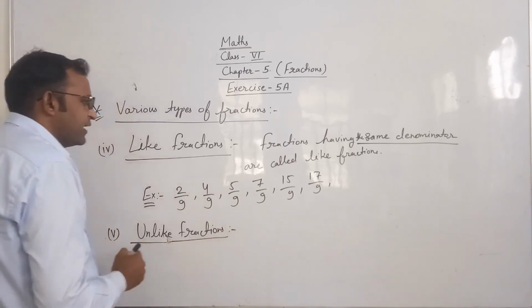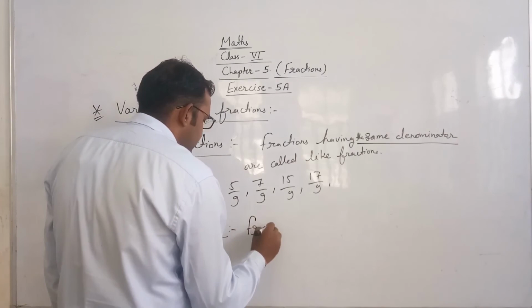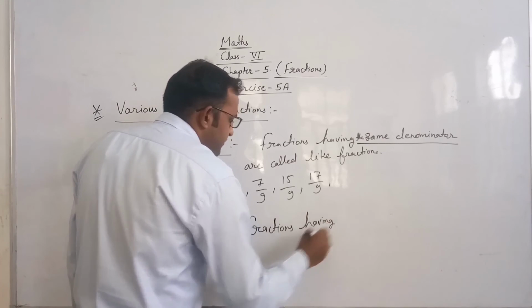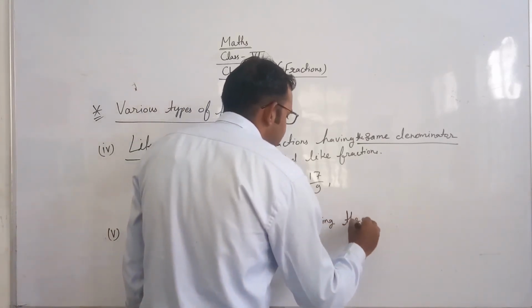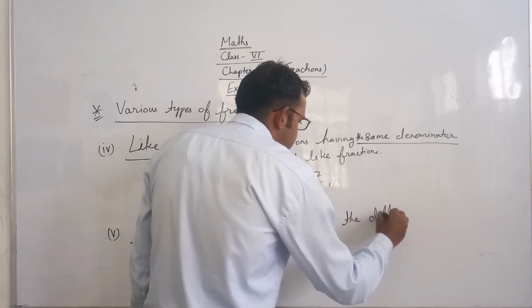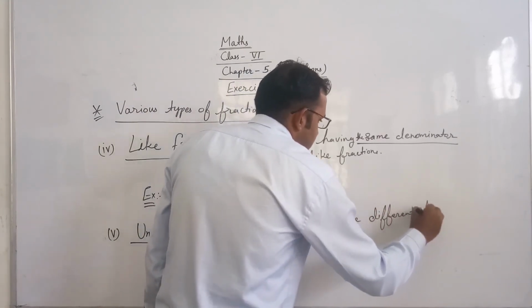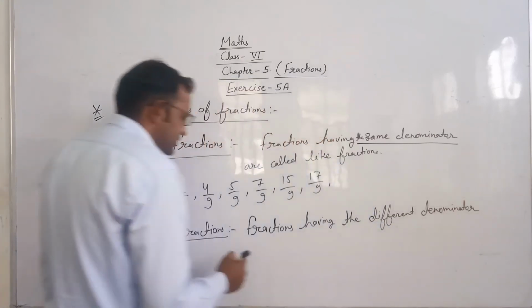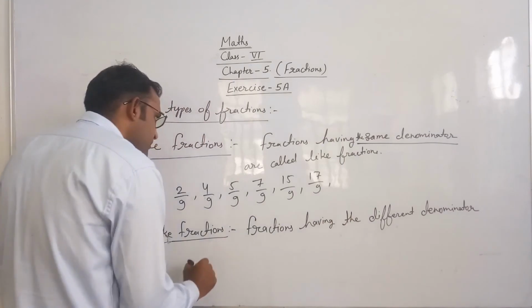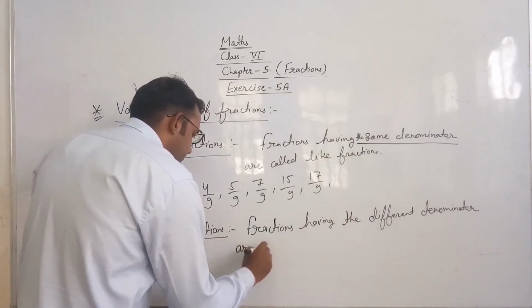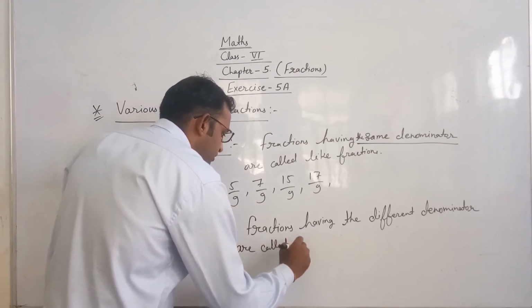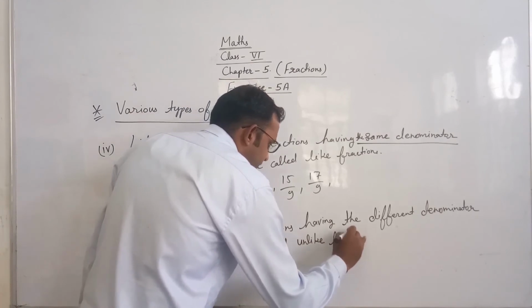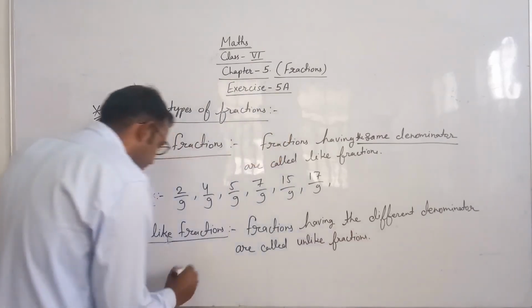So next, unlike fractions. Fractions having different denominators are called unlike fractions. For example,